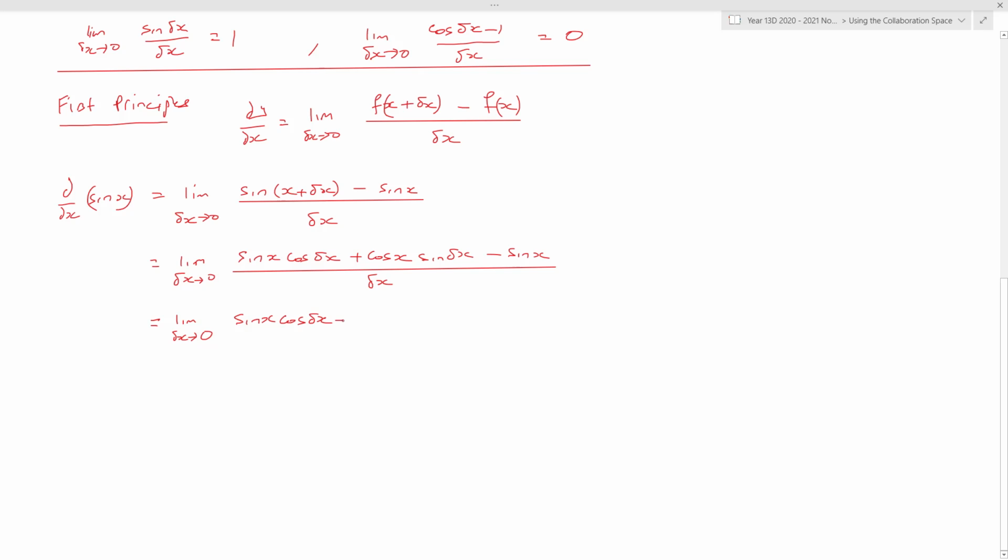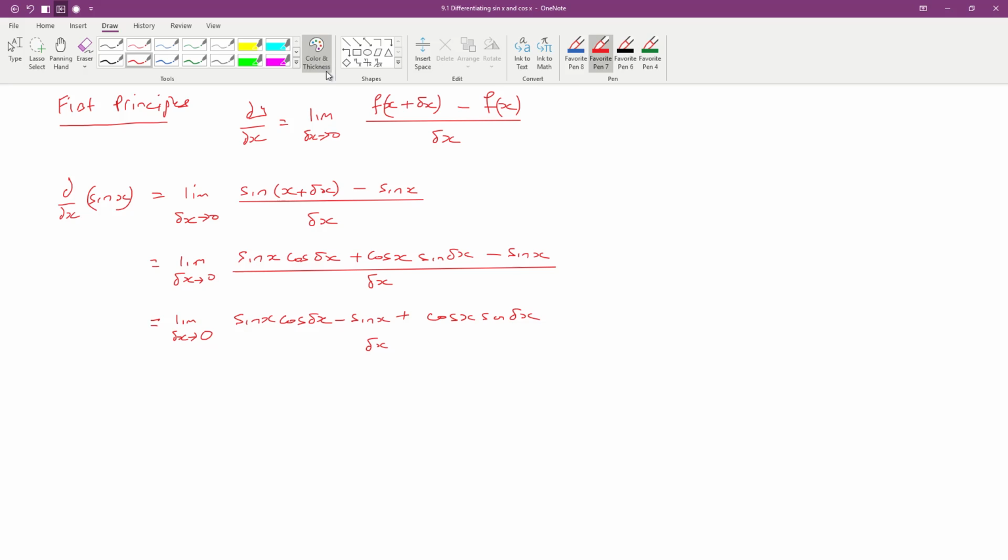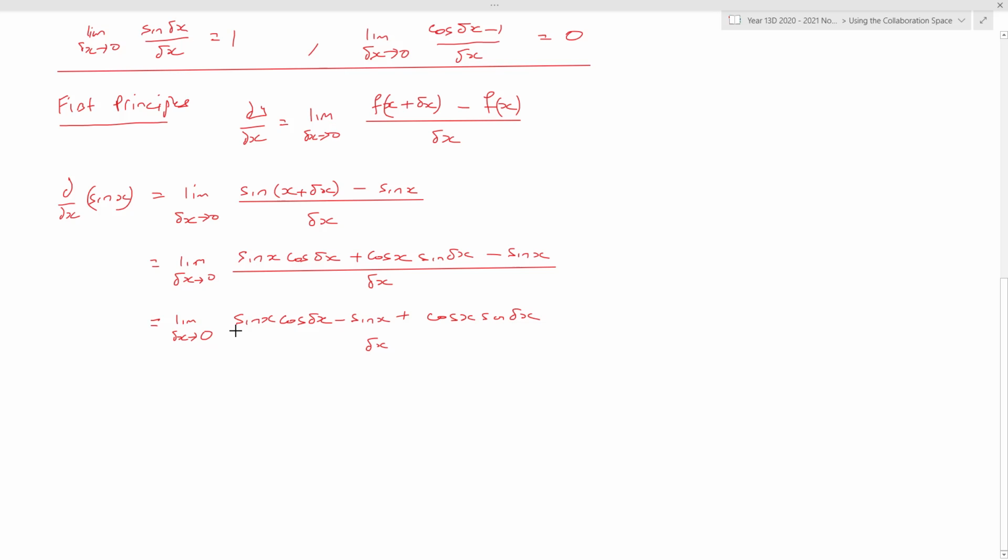Cos of delta x minus sine x plus cos of x sine delta x, and that's all over delta x. Okay, so keep it neat. That's equal to,